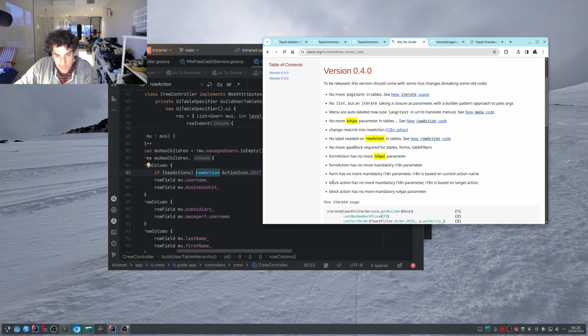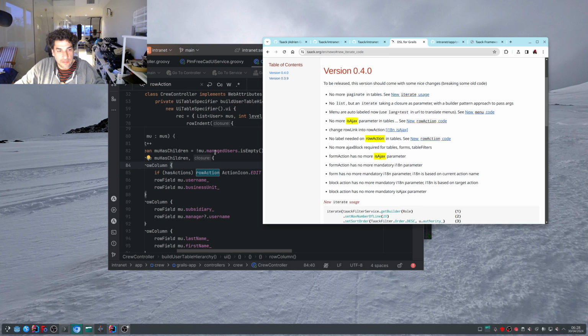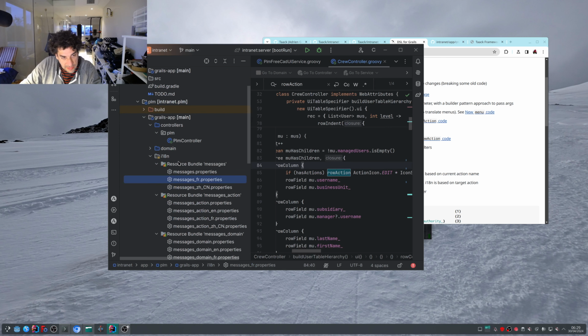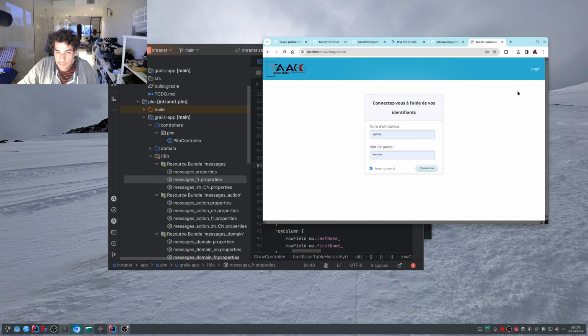Form action and also block actions have no isAjax parameter. So now the labeling is not mandatory. As soon as you have a method closure, the translation is computed against the method closure target. So now, if you look at the internationalization code, you have global messages like the one we use when we are logged out. Here, if I change the language,